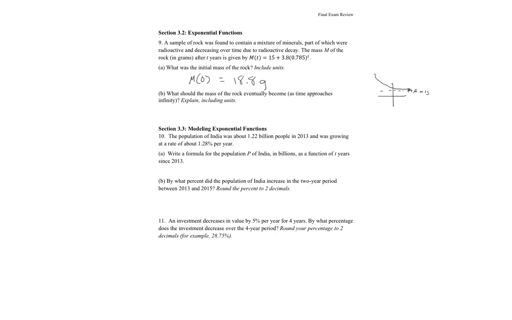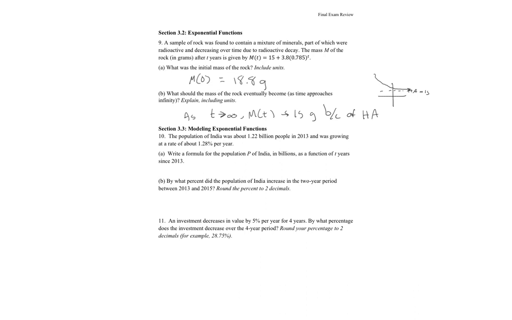And so we'll say as t goes to infinity, m of t goes to 15 grams because of the horizontal asymptote. So in problem 10, we are given a population with 1.22 billion people in 2013, and